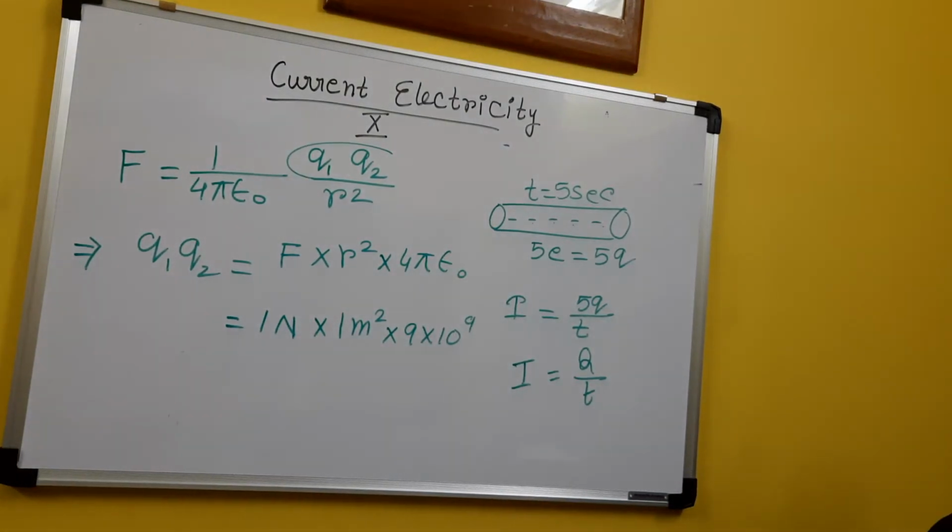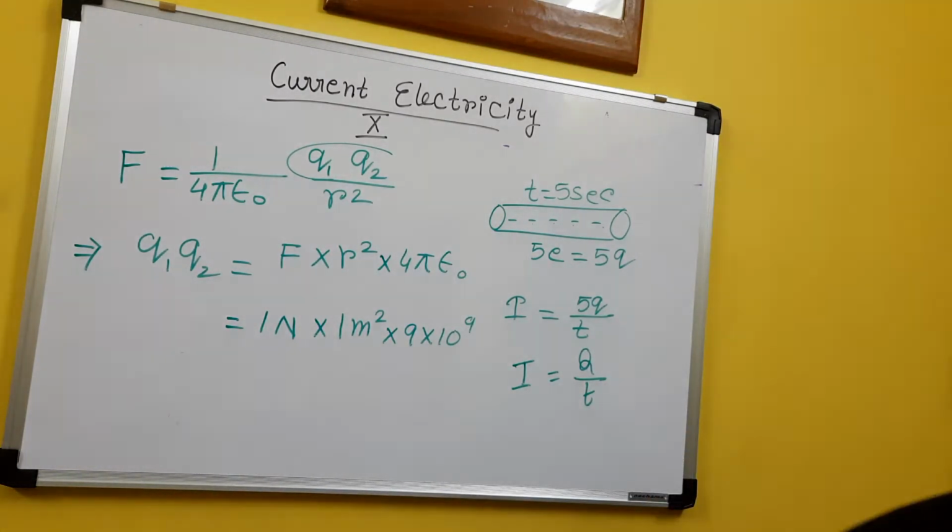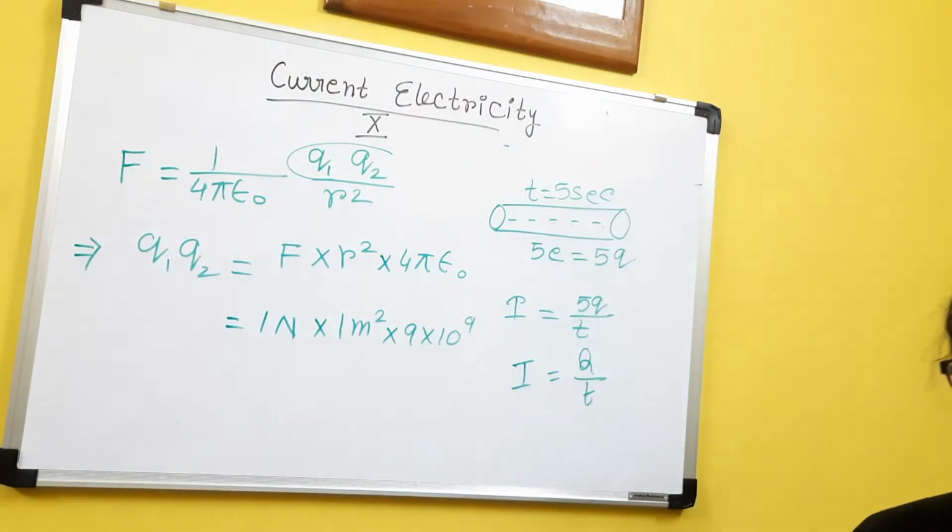What is the unit of current? The unit of charge Q is Coulomb, so it is actually Coulomb per second. Together, Coulomb per second is called ampere. This is also named after a scientist. So the unit of current is either Coulomb per second or ampere, whichever you prefer. Clear? Now when a charge is flowing through a metal, clear?